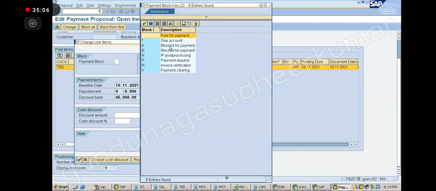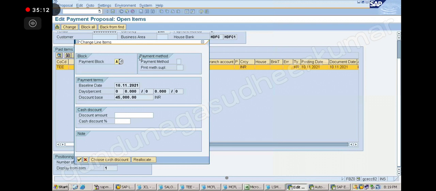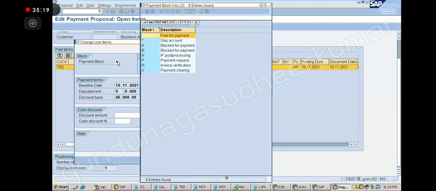So this is my blocked for payment. Okay, I will select this. A blocked for payment. Yeah, and B also blocked for payment. B is automatically picked up in case of advance payments and all. But generally A is used for this type of blocking.